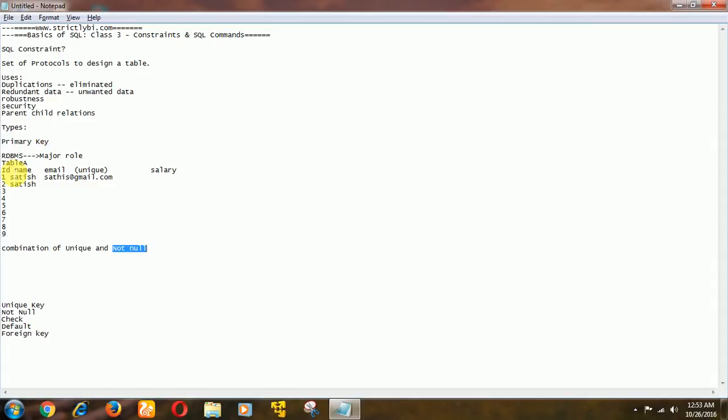If you are defining the ID column as a primary key, it is a combination of unique and not null. Okay, so it has to be unique, like 1 2 3 4 5. It is unique and it should not be null. Then it becomes a primary key. So what is a primary key? Primary key is a combination of unique and not null. When you create a primary key,